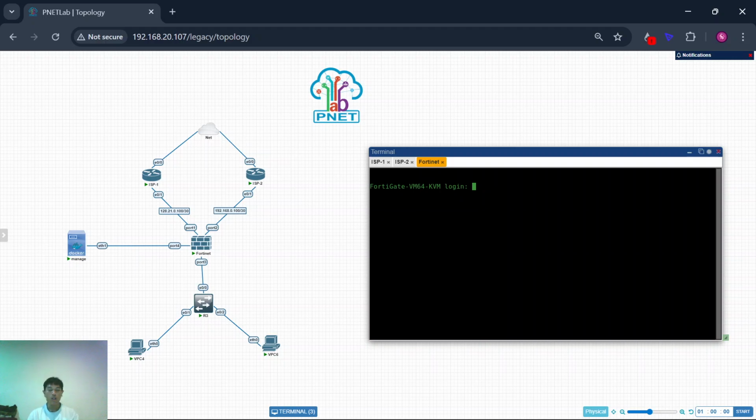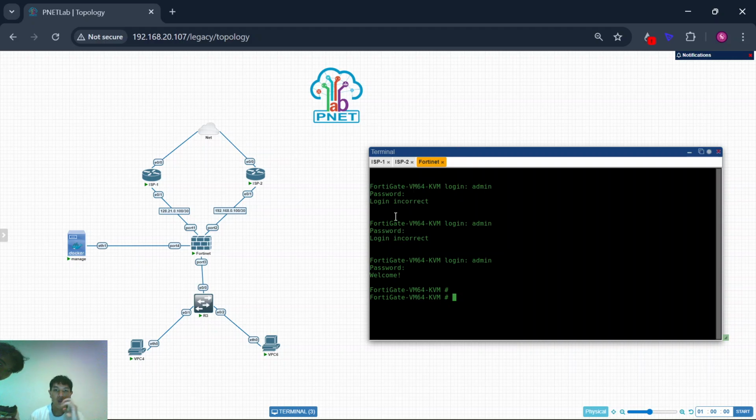So by default on this device, the login is admin and there is no password, so you can click enter. And now you must set the admin password, admin 123.